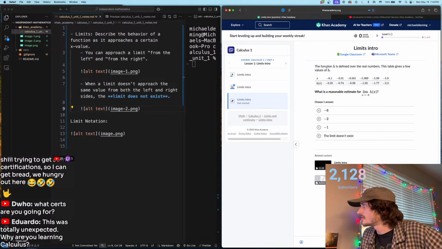The function h is defined over the real numbers. The table gives us a few values of h. So as we approach 6